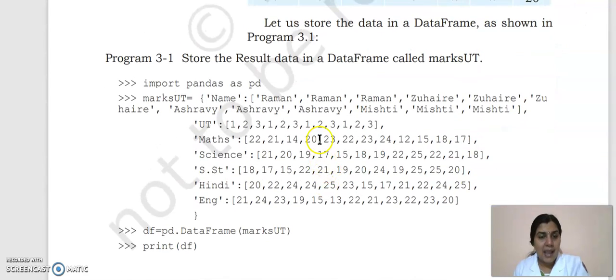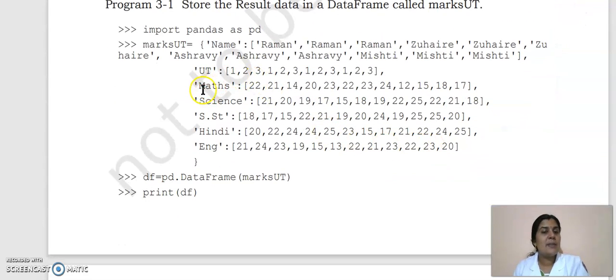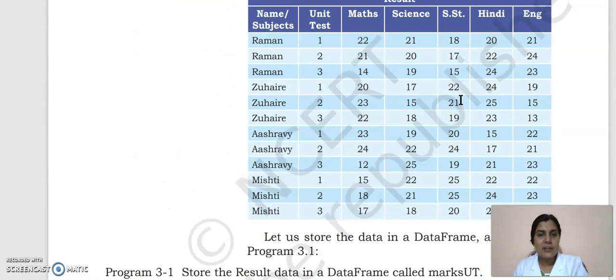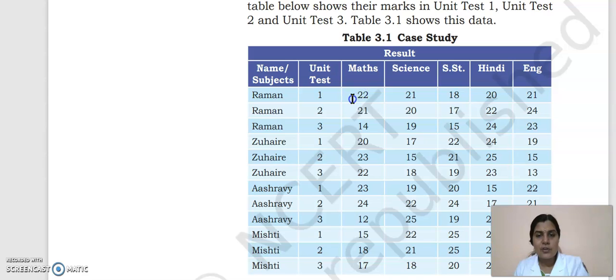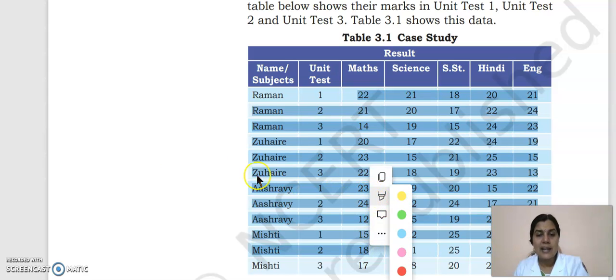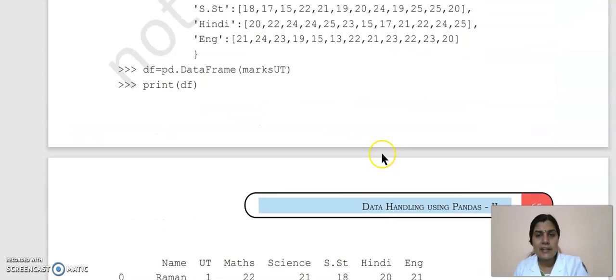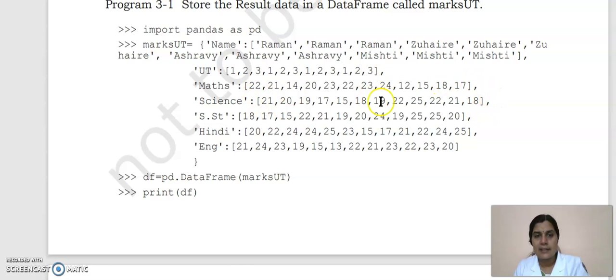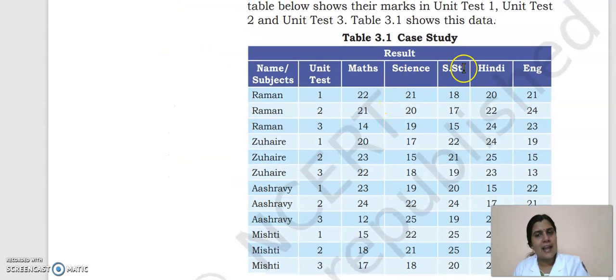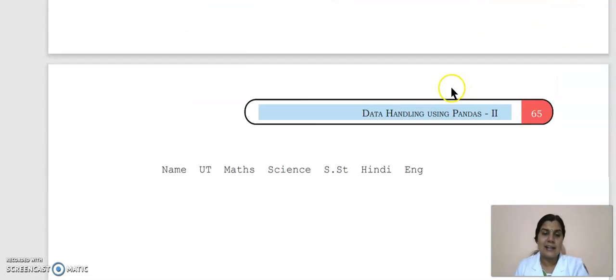The next column is maths. So the next key will be maths and the values will be the values of that column. So in maths, the values are 22, 21 up to 17. Up to 70 in this example also. The next columns are science and SST, Hindi and English.